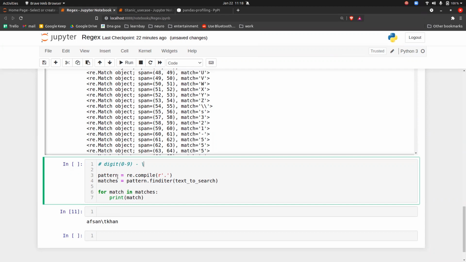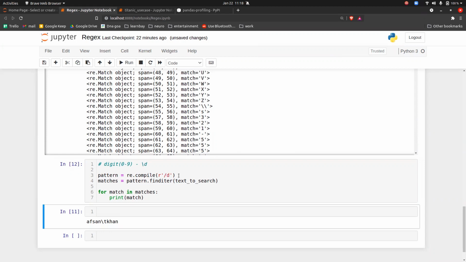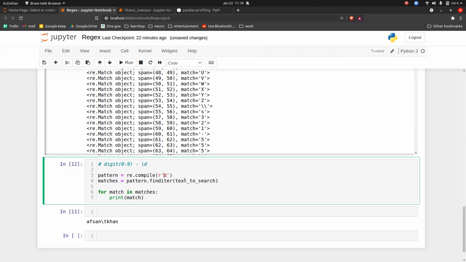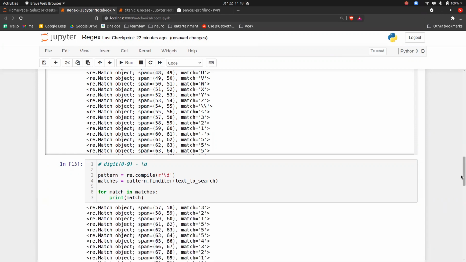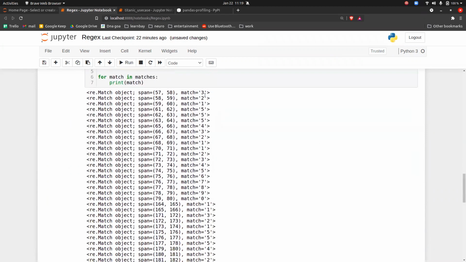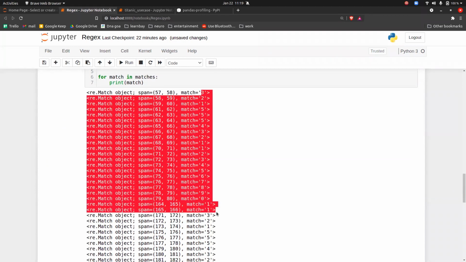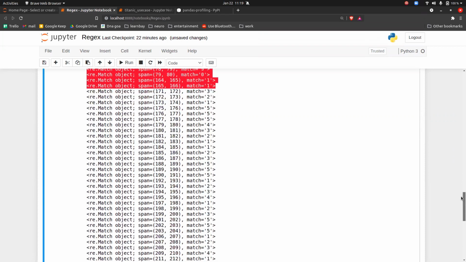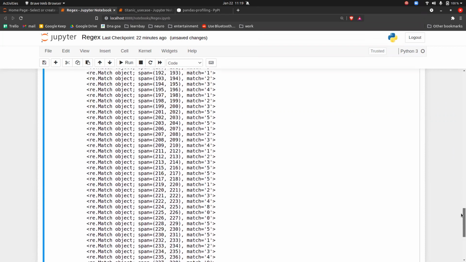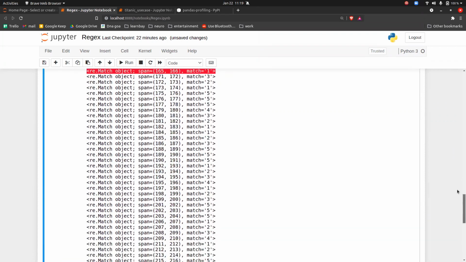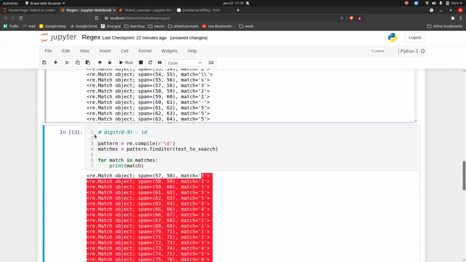Small d. So if you put slash d here and execute it, it will extract all the numbers for you. You will not see anything other than that. So you will only see 0 to 9. Rest everything will be ignored. This is what you mean by slash d, guys.